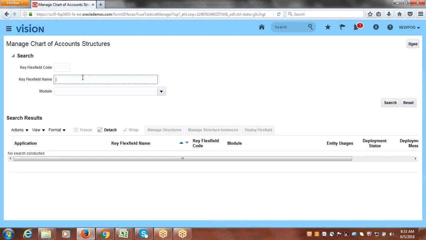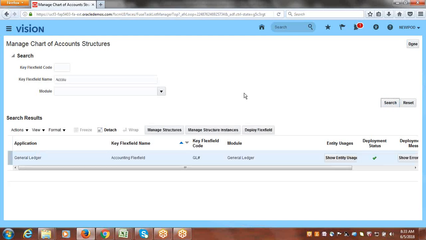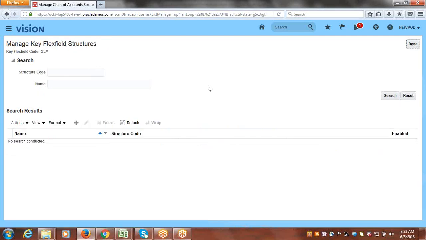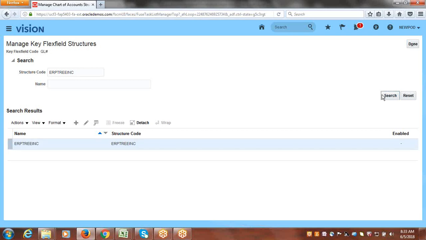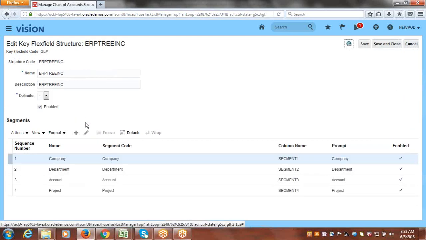So flex field is accounting key flex field. You don't need to write complete name. So here go to manage structures to find the structure which is created by system by using the name called ERP3 INC. So here you can search with ERP3 INC. Click on search. Click on edit. Fine. See here